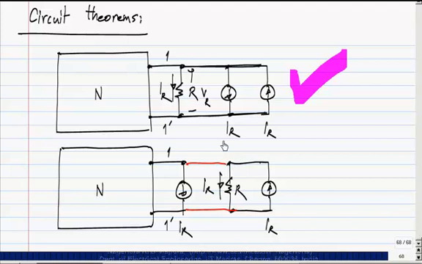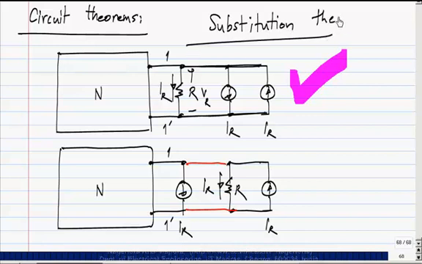Okay. So now this theorem is known as the substitution theorem, very imaginative. All you do is substitute a resistance for a current source, or now you can see analogously you could do it for a voltage source. Okay. Any questions? Okay, please give me a proof for the voltage source along similar lines.